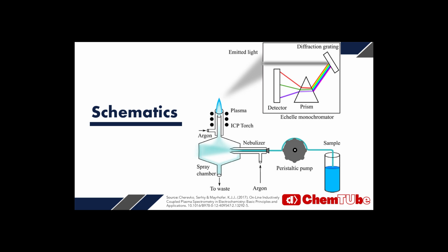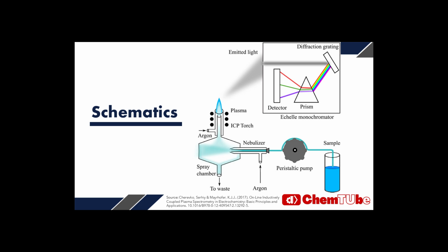Additionally, the number of emitted photons of a particular wavelength increases when the concentration of the emitting species increases. Therefore, if a calibration curve is prepared, the amount of a given species can be quantified based on the spectrum. The detection limit is typically in a range of a few ppb, so parts per billion.